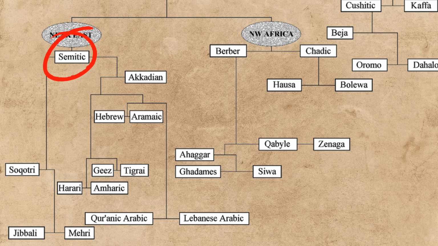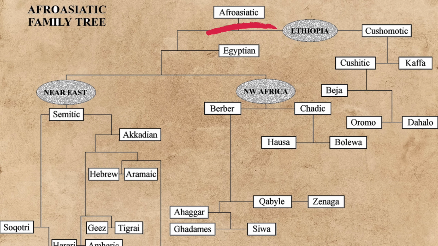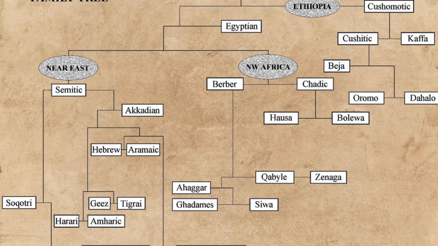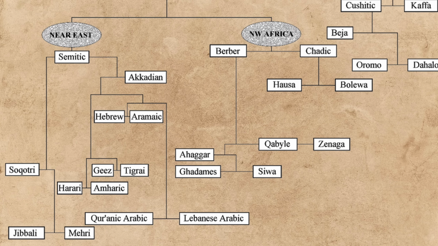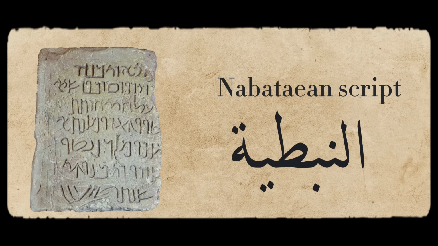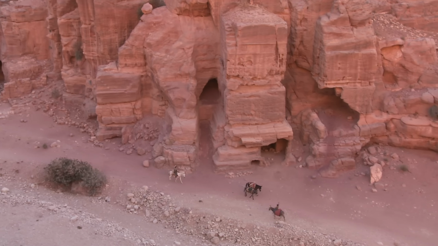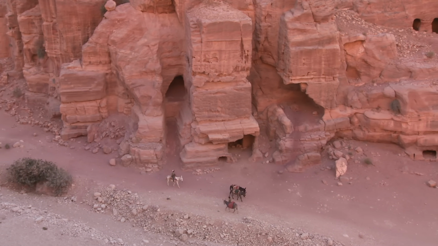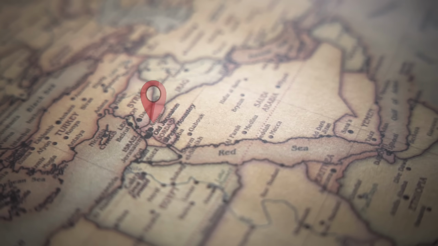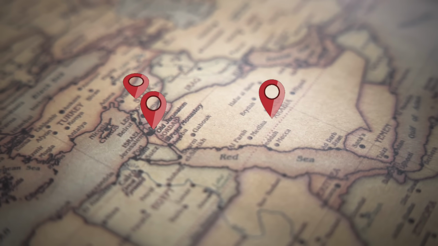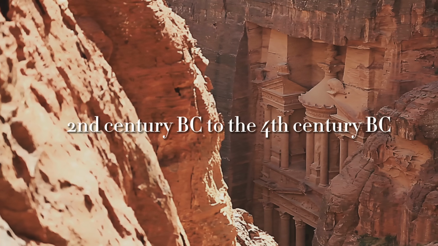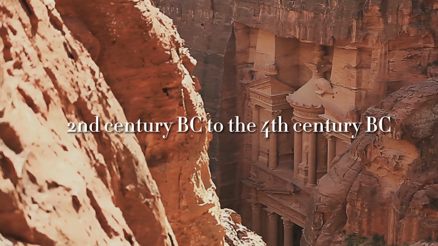It was hard to find remains that give clues about the origin of the Arabic language. However, we know that the Arabic language is a Semitic language that comes from the Afro-Asiatic family tree, specifically Central Semitic, along with Aramaic, Hebrew, and other languages. The earliest script we have ever found that contains Arabic was the Nabatean script, al-Nabati, found in the area inhabited by the Nabateans, which would be today Jordan, Syria, and Saudi Arabia, aka the Arabian Peninsula, which dates back from the 2nd century BC to the 4th century BC.